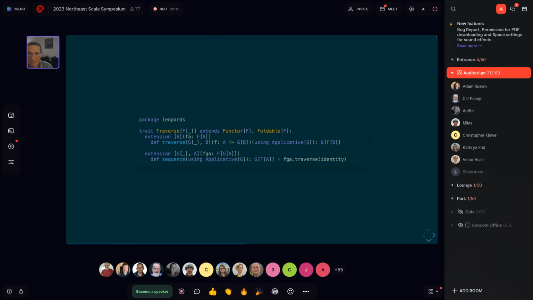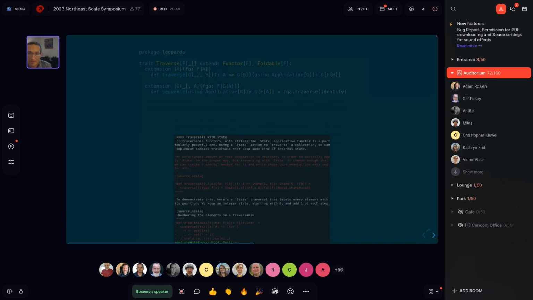So here, the Traverse type class extends both Functor and Foldable and defines traverse as the key abstract operation, picking up an Applicative instance for some type constructor G. And then similarly, sequence can be defined directly inline as an extension method on an arbitrary F of G of A. Right, so if you're not familiar with these type classes, don't worry about it too much, but the key idea here is that extension methods really take away a lot of that mechanical overhead that we were using to encode type class hierarchies in Scala 2.